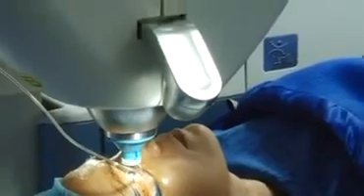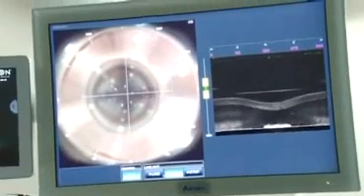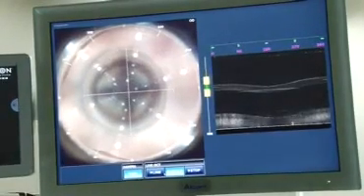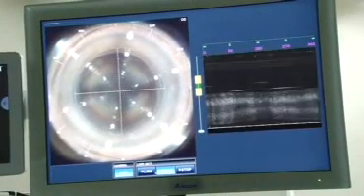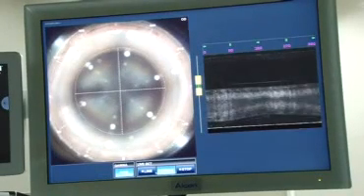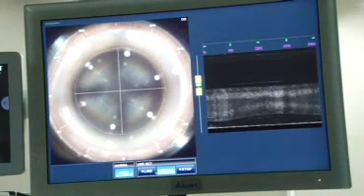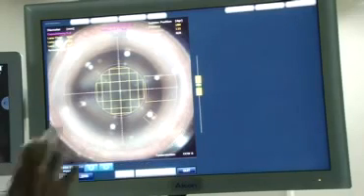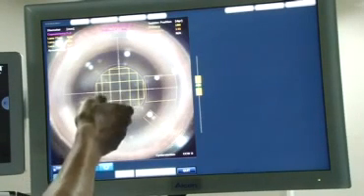Now this is going to focus on the cornea. Okay. And we are now down. Can you see that bubble appearing? That means that it has just hit, and then you press the suction button. The moment the suction is on, we get the entire image coming on the screen.